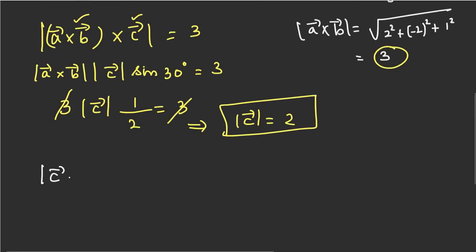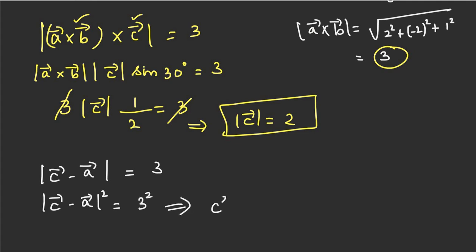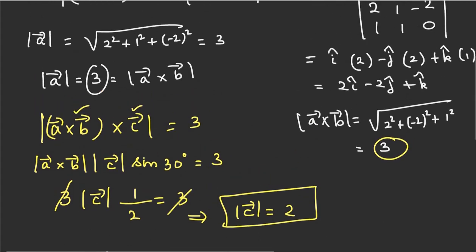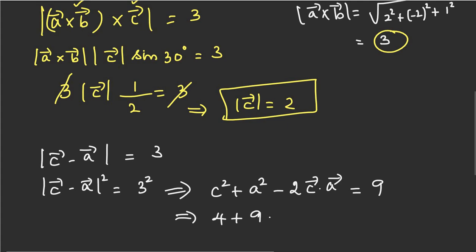Now modulus of C vector minus A vector is given to be equal to 3. So squaring on both sides, C vector minus A vector whole square is equal to 3 square, which implies modulus of C square plus modulus of A square minus 2 into C vector dot A vector is equal to 9. Now modulus of C is 2, so C square is 4. Modulus of A we have found, which is equal to 3. So 3 square is 9, minus 2 times C vector dot A vector is equal to 9, which gives us